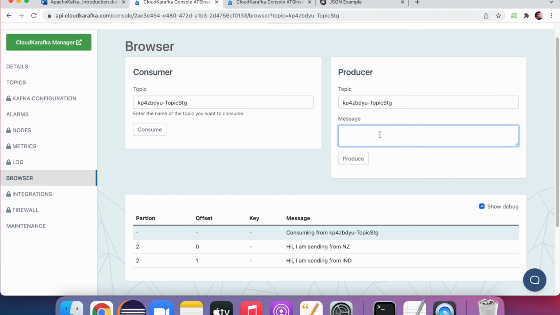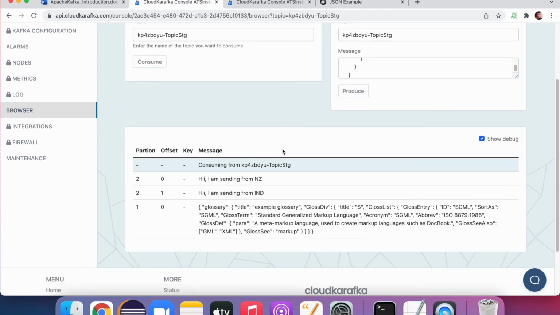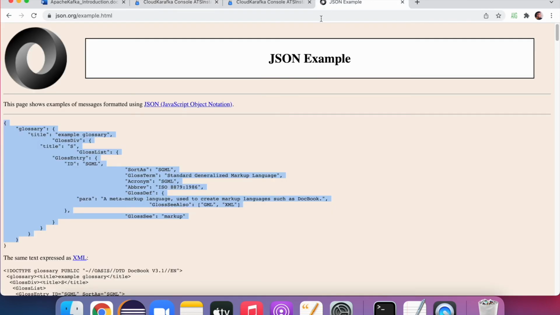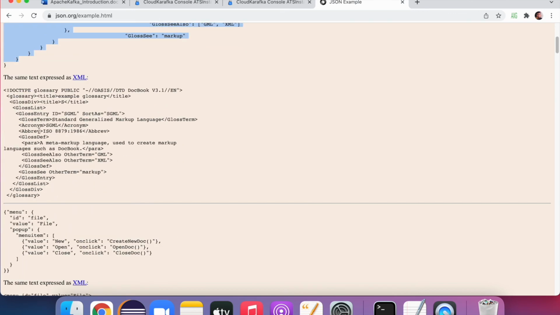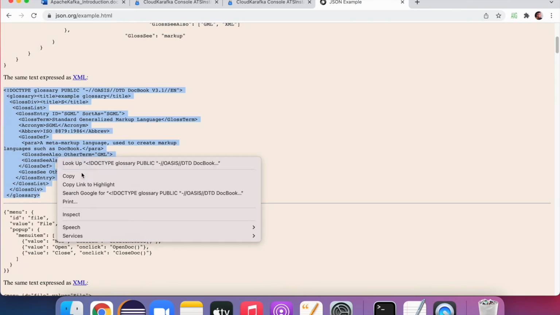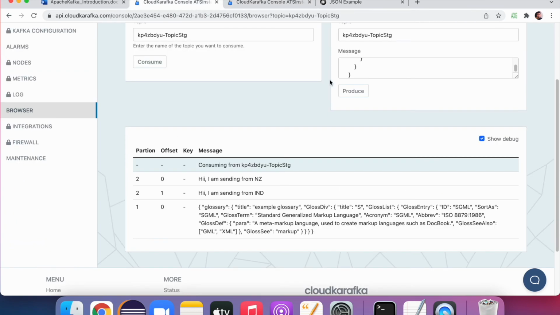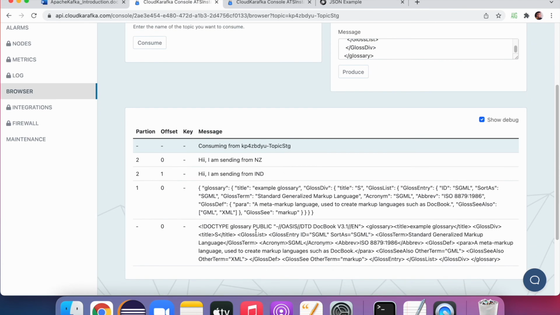Any kind of messages it can use to communicate. So if you see here in this topic also, we are able to send this JSON data. Let me send this XML data. If you see this XML data, let me send again. Click on produce. So it consumes this XML message as well.